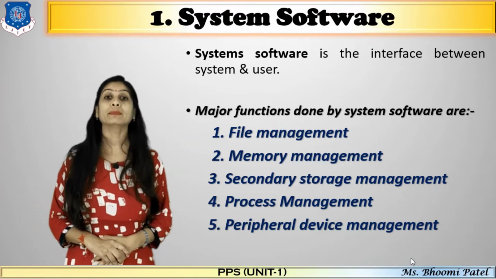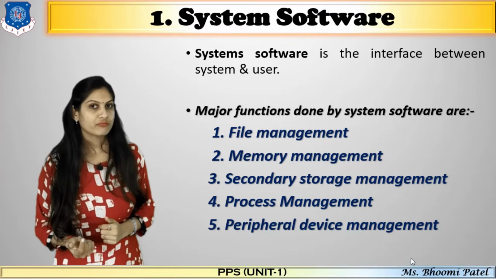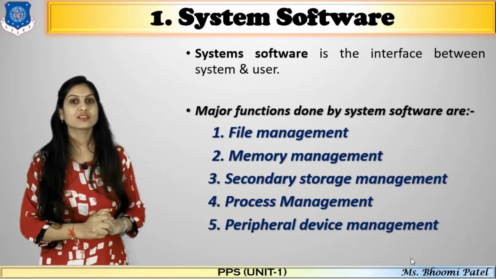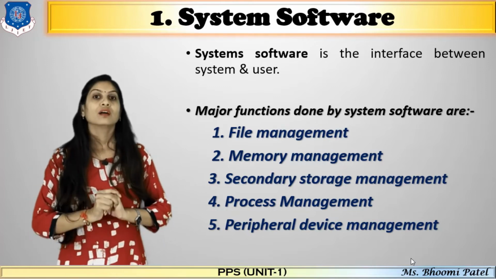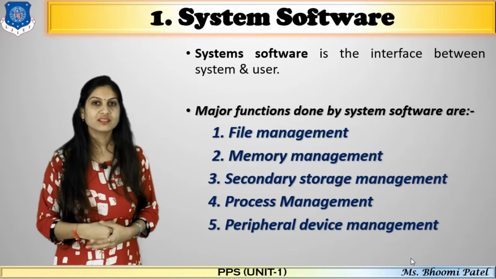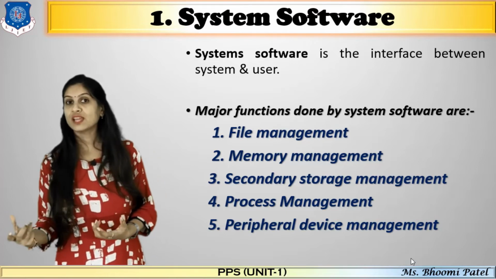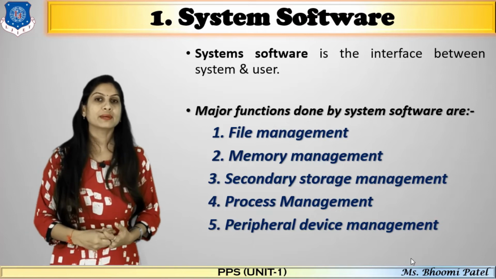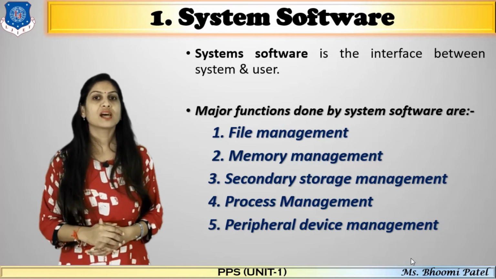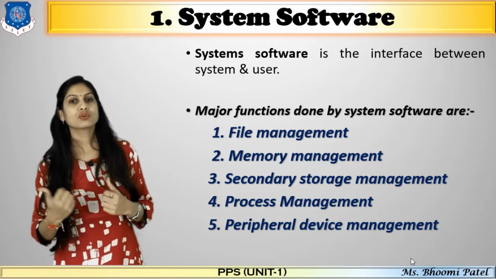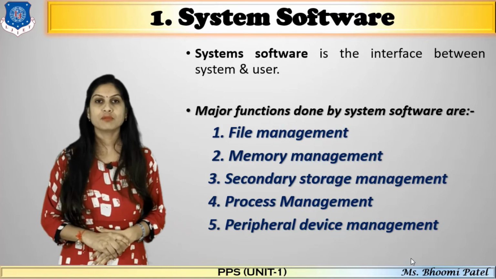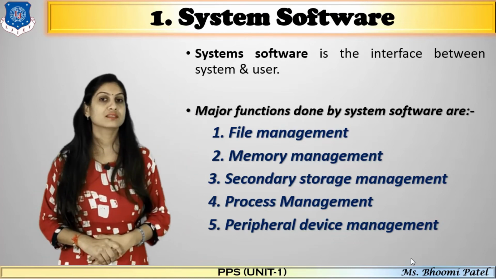Second is memory management. There are two kinds of memory, primary and secondary. In primary memory, RAM, are we storing data? No. The primary memory is for execution. But when the power is off, the data is lost. So we have to save that data in secondary memory. So the memory management concept is like that. When we are creating something, for example editing a file, then when we store it, that data will be stored in secondary memory. All these memory management operations are done using system software.